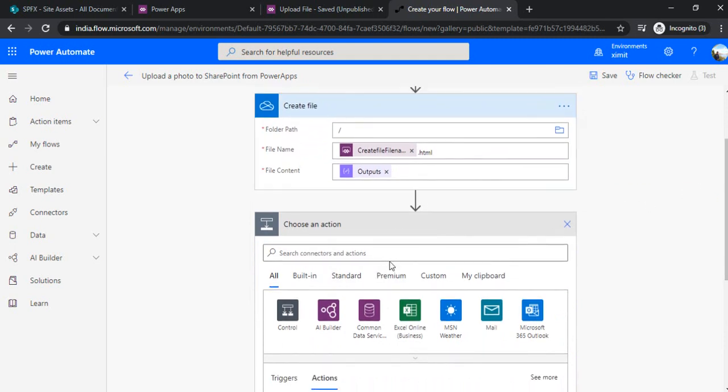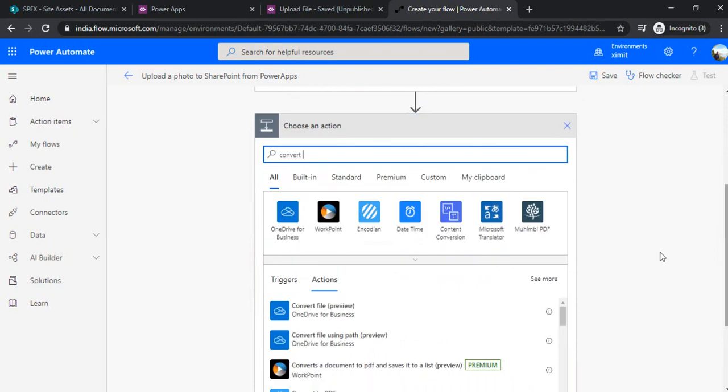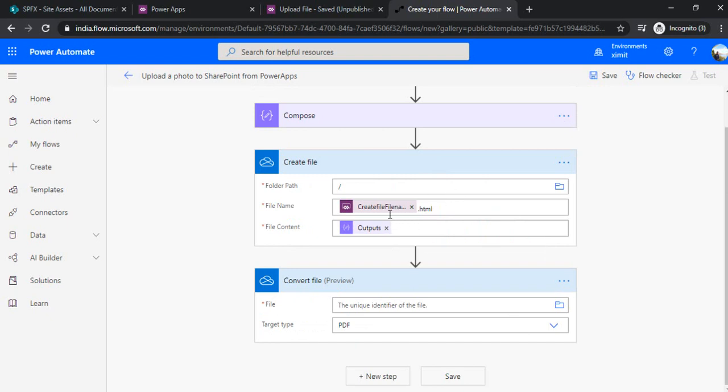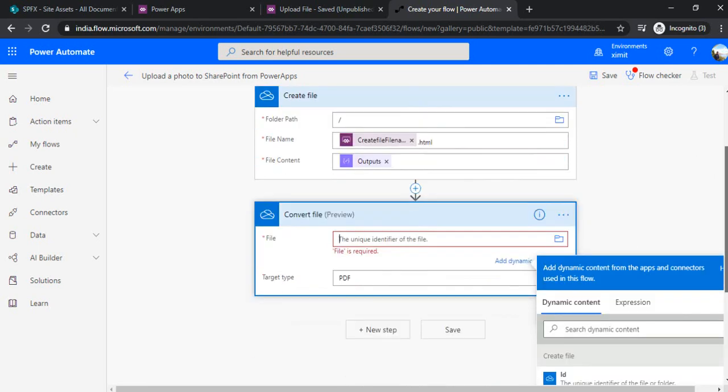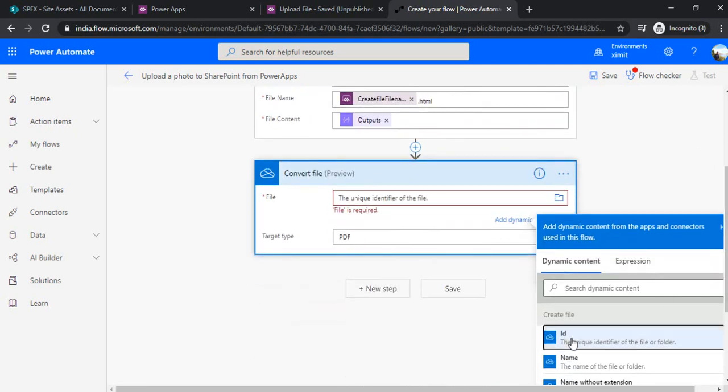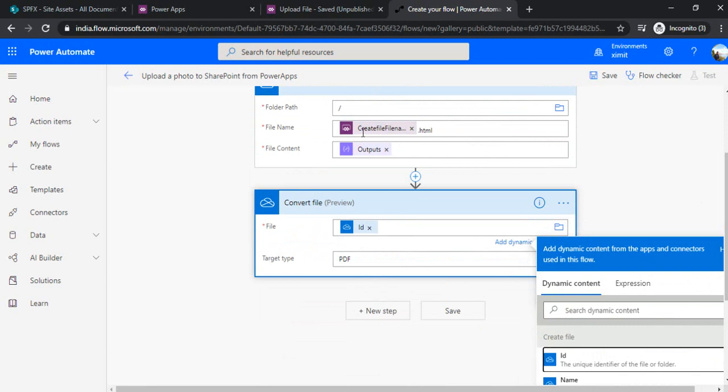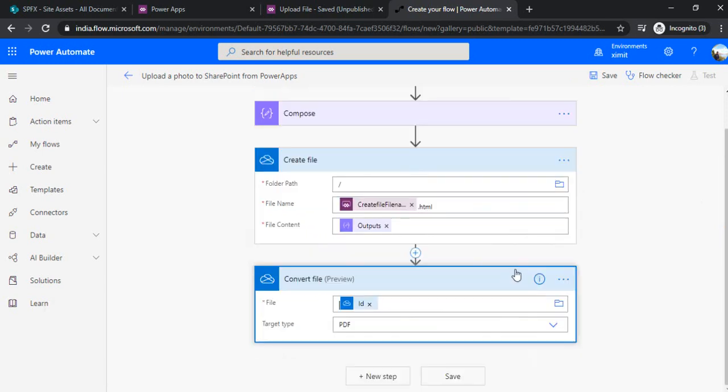Now I'll use the convert action, and under the convert action I'll convert this file. Let me choose that file first of all. It will be the ID from the create file step, from the previous step, and the target type I'll choose as image.